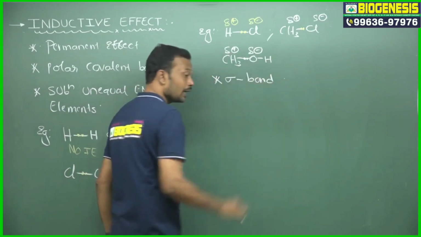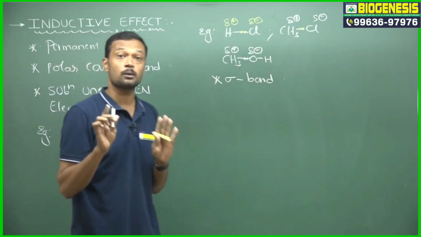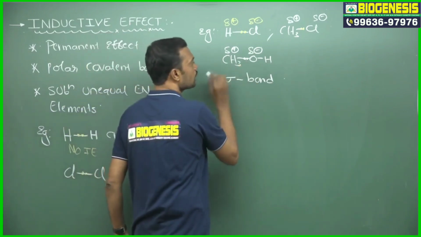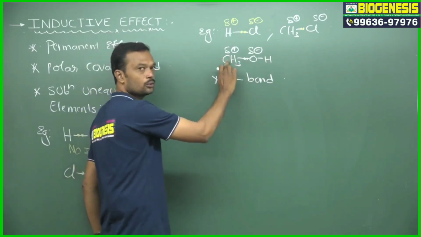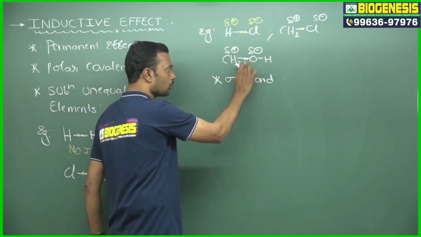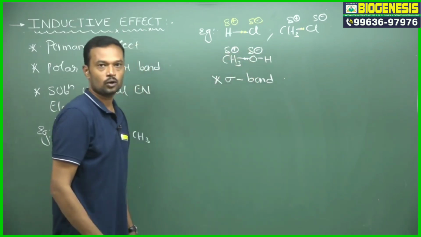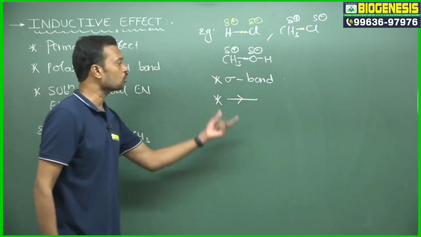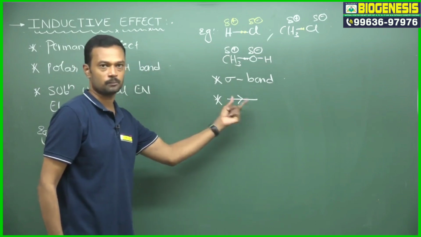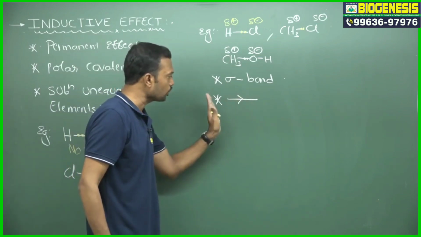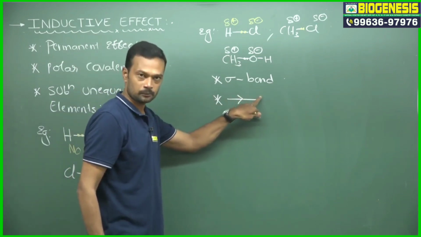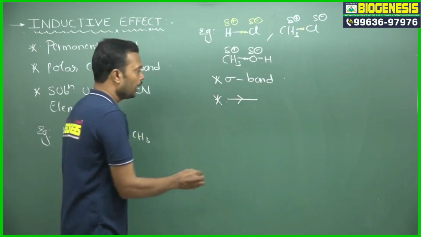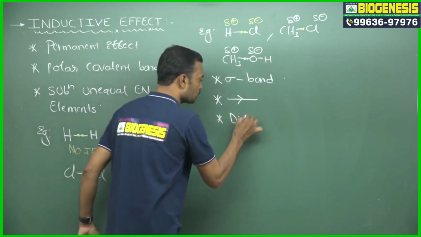Remember, inductive effect is operated only on a sigma bond but not on a pi bond. So the drift of the shared pair of electrons from the less electronegative element to the highly electronegative element through a sigma bond is known as inductive effect. Okay, so inductive effect is represented by an arrow midway between two bonded atoms like this. The head indicates electron density moving very close to the more electronegative element, where the tail indicates it is not moving, it is on the less electronegative element. Okay, and a very important thing: it completely depends upon the distance factor.